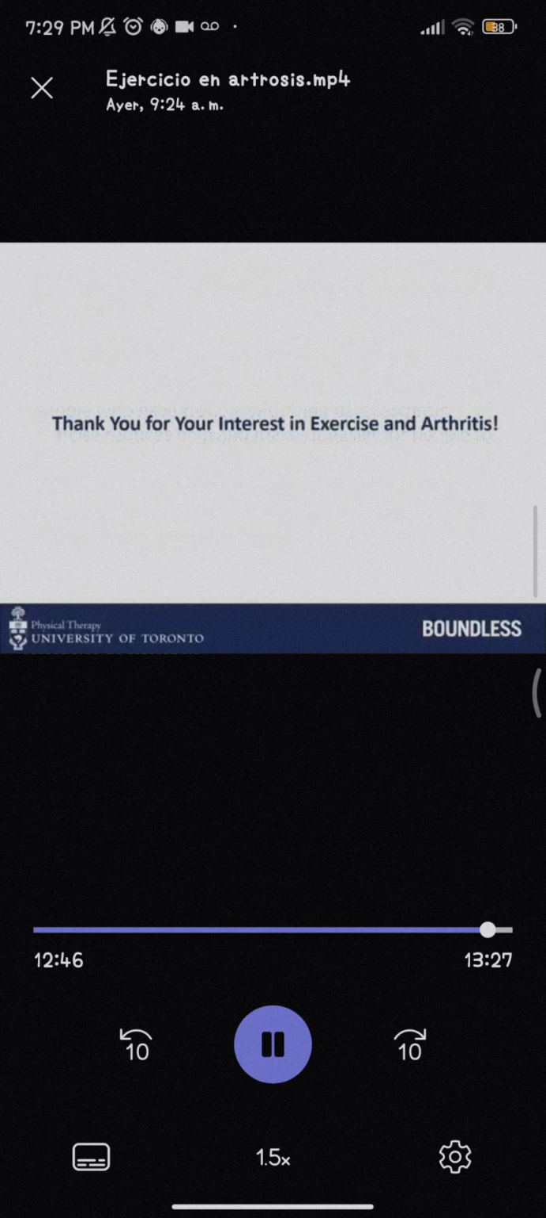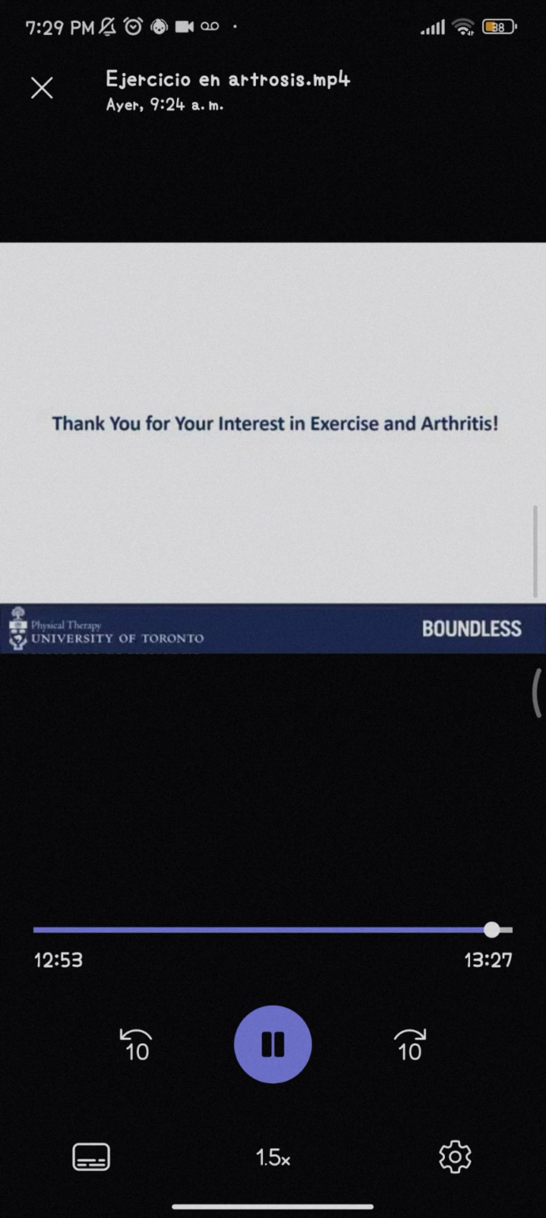This concludes this module. Exercise is medicine for arthritis, as illustrated by the stance taken by various international authorities based on scientific evidence from the literature. For some of the evidence, please refer to the